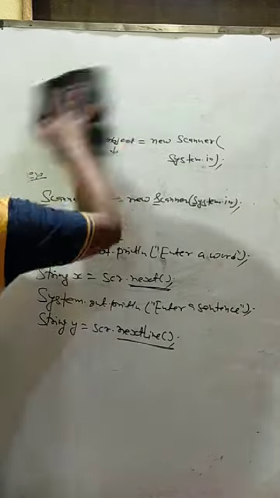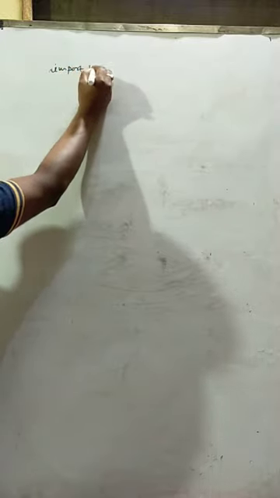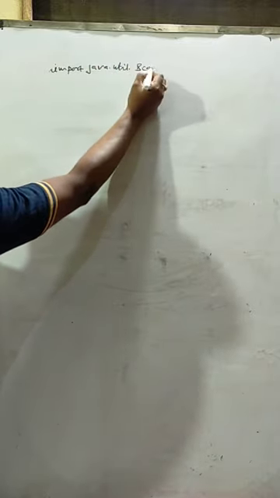Now the next part is how we will use all of these in our program. Let me give you an example. The example question is: write a program to input two numbers and display their sum. So first of all, see the steps. First of all, we have to write import space java.util.Scanner.